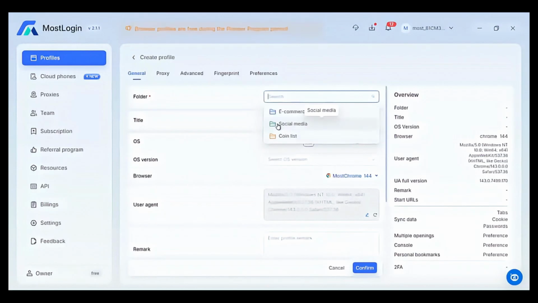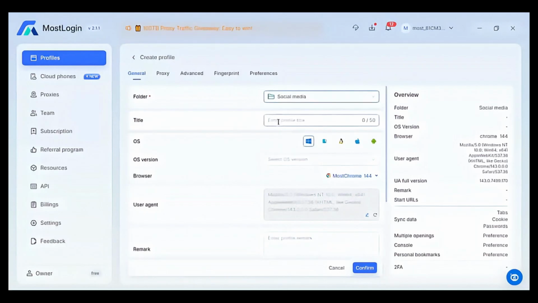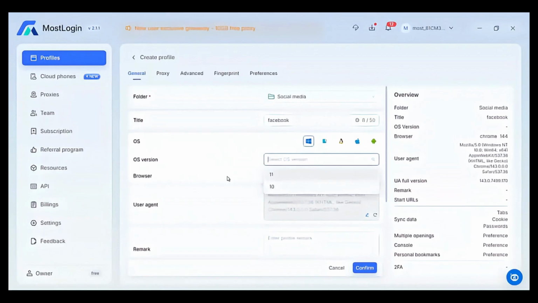So our main goal here is to create multiple social media accounts. So we're going to click on social media here, and I'm going to title this Facebook again. Now they're going to ask you to pick the OS version. Since I'm using Windows, they're going to ask me if it's Windows 10 or Windows 11. So I'm going with Windows 11 here,